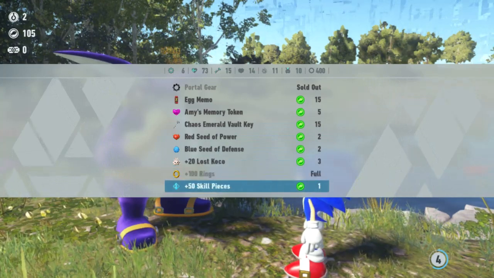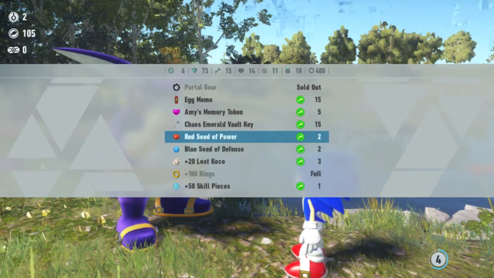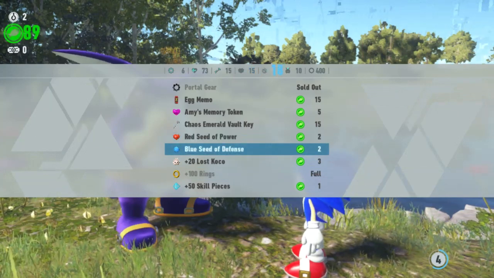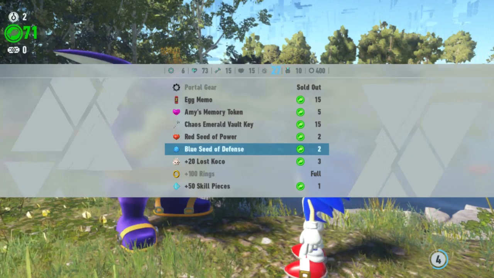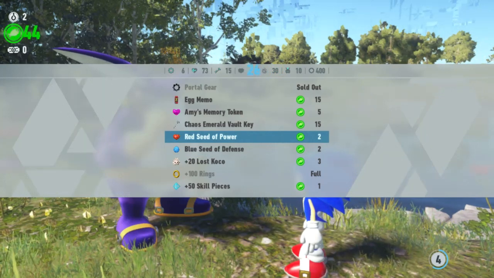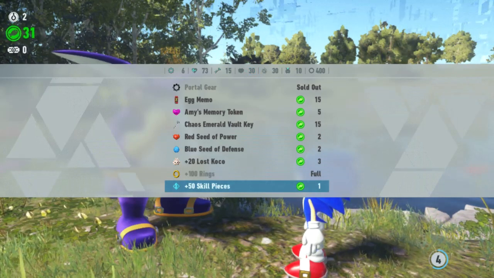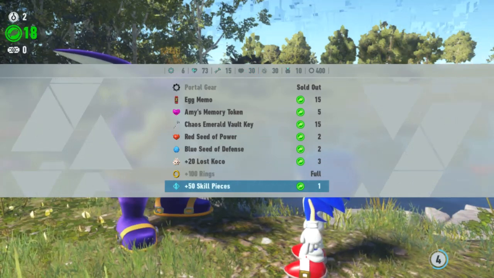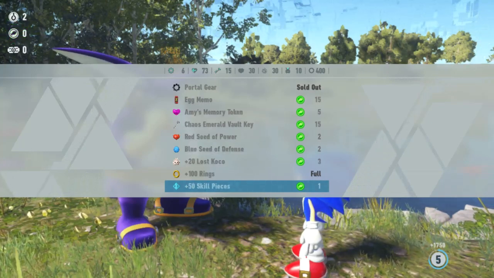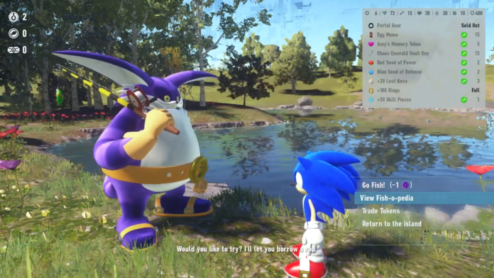You can buy 50 skill pieces, so I think I might just buy... Yeah, let's just get these up a little farther. I'm gonna get these up to 30 each. And then we'll just buy skill pieces until we're out. Alright. And as you can see, that boosted us up pretty hard. Now we're just gonna view the